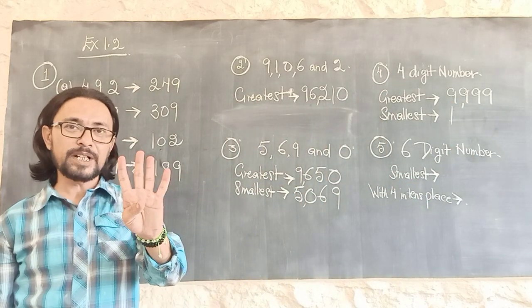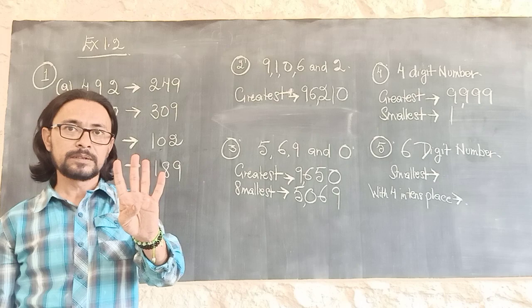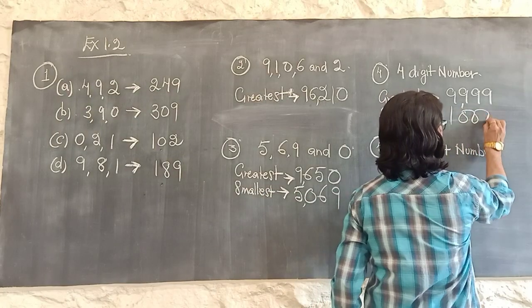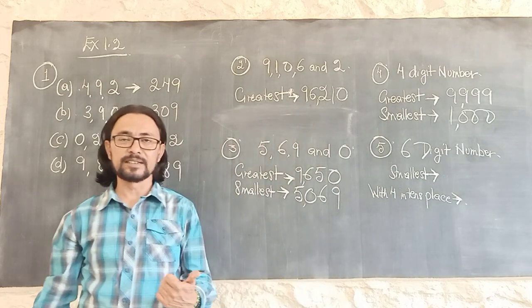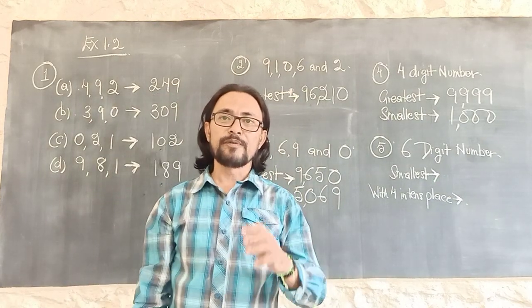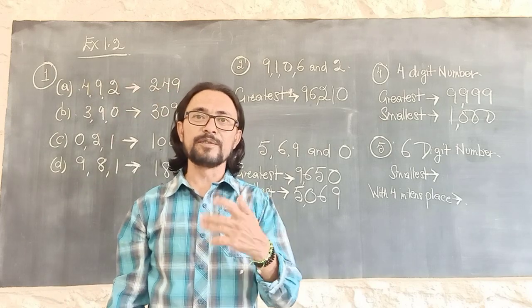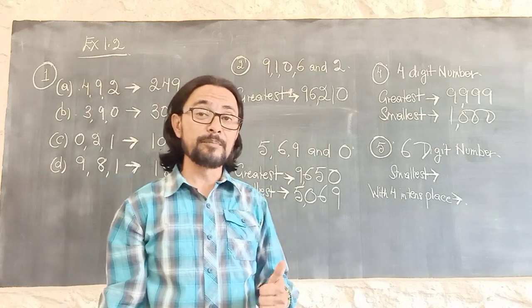But I have to make a 4-digit number. So, I am still left with 3. The other 3 will be all zeros. So, the answer is 1000. So, if it's a 4-digit number, 1 with 3 zeros, 5-digit number, 1 with 4 zeros, 7-digit number, 1 with